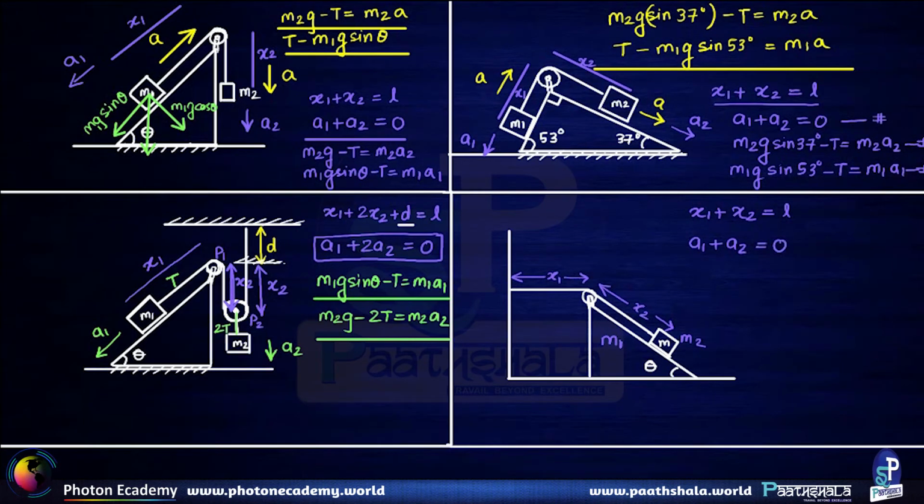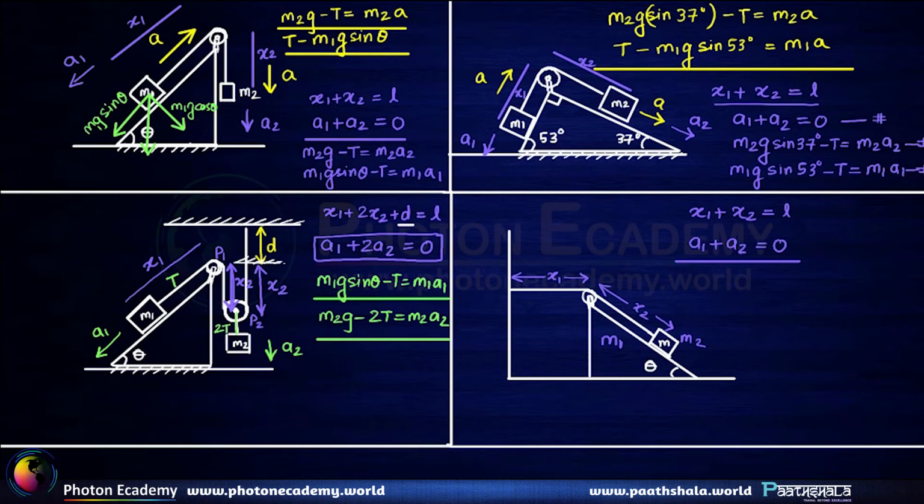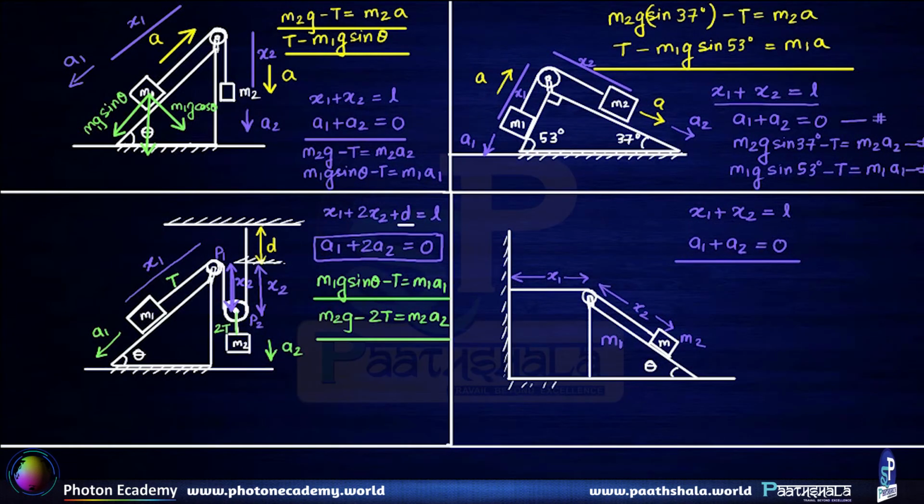Here we have got a movable wedge. So this wedge can move towards the right or the left. It is not a fixed wedge, unlike the other three cases shown. This is a movable wedge. So since the wedge can move towards the left or right, the distance of the wedge from the rigid support, which is the left hand side wall, has to be taken as a variable distance. So the mass of the wedge I am assuming to be m1.